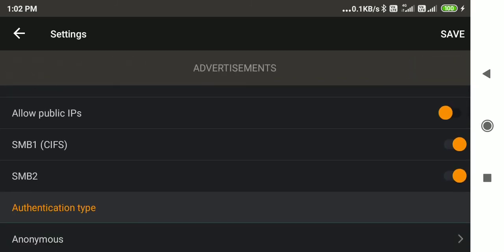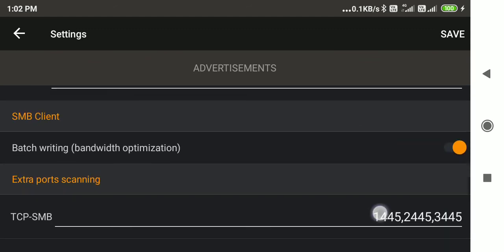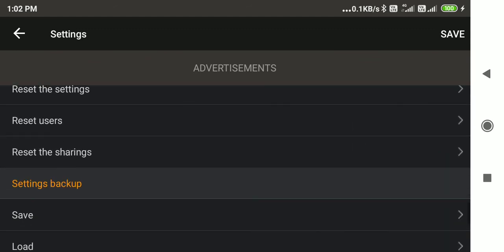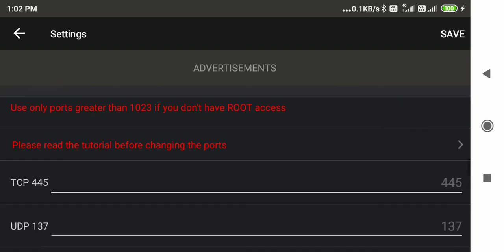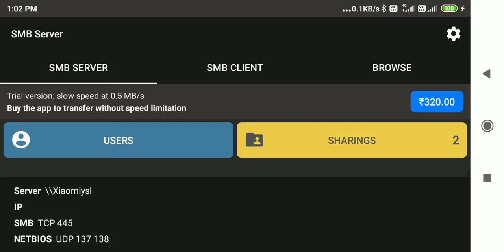SMB is like a LAN management protocol. It runs on TCP and UDP. TCP and UDP are at the network layer, and SMB is above the network layer. So you don't have to know. Client server only works above the network layer.